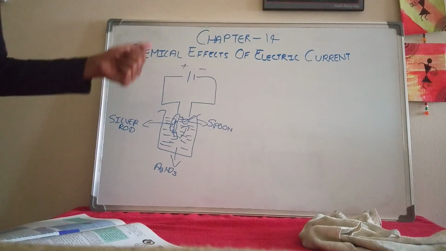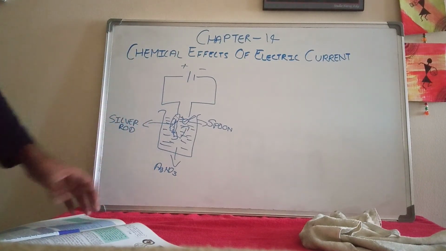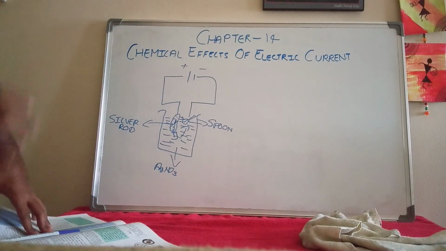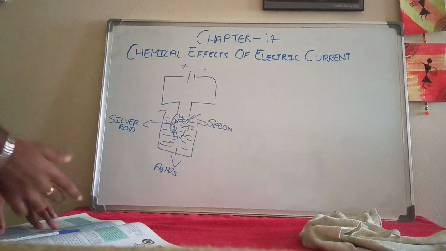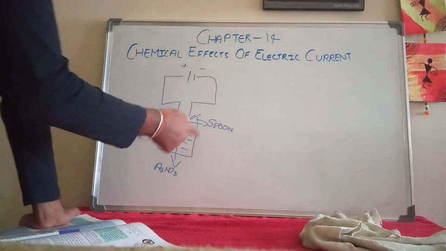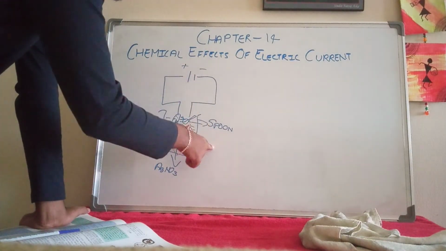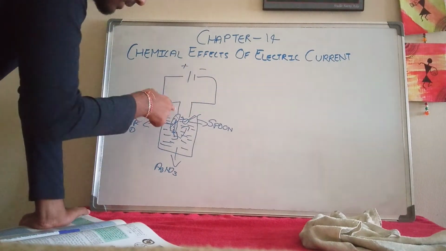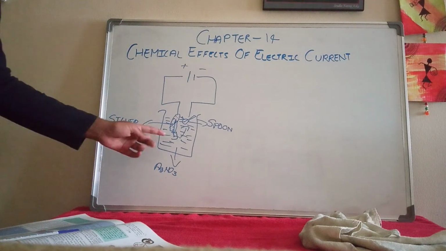Electroplating uses the theory of electrolysis, because when electrolysis happens, the liquid is split into ions. And here we have seen that the item that you want to coat is there in the negative, and the item which has to be coated on that other item is there in the positive. For example, here you want to coat the spoon with silver. The spoon is there in the negative, and the silver rod is there in the positive. And we know how the process happens. The atoms,